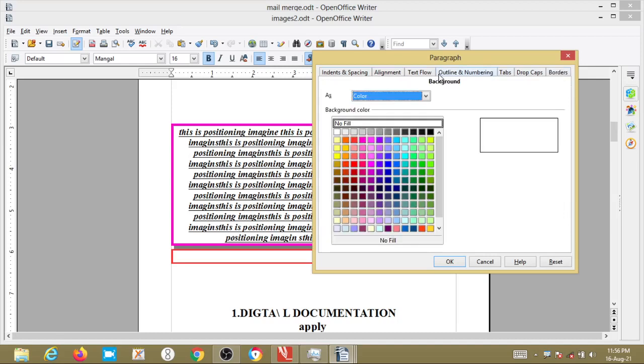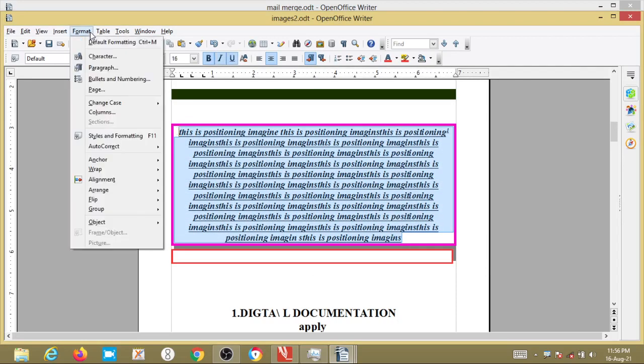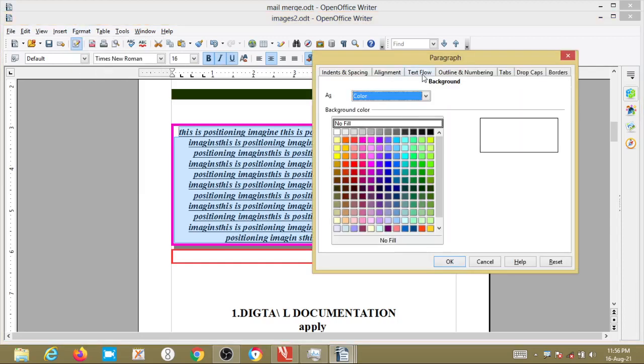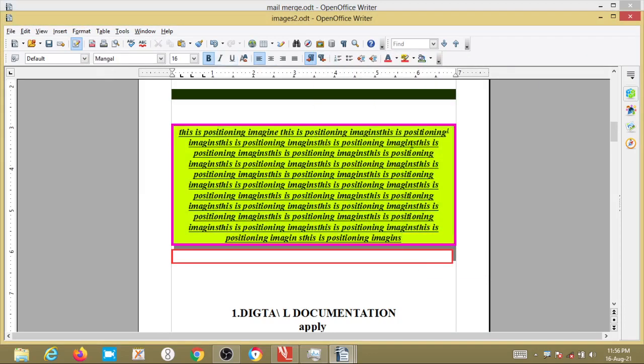Click on the Background tab, and it asks for the color. Whichever color you want, you can select that particular color, then specify OK. You will get the paragraph background color.